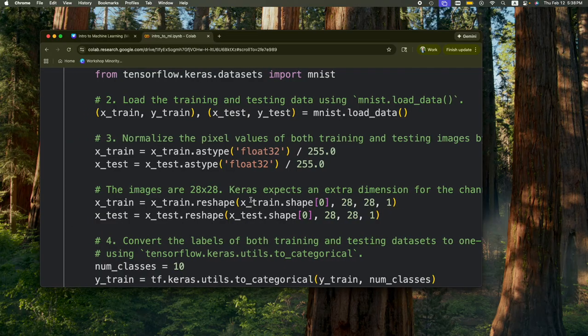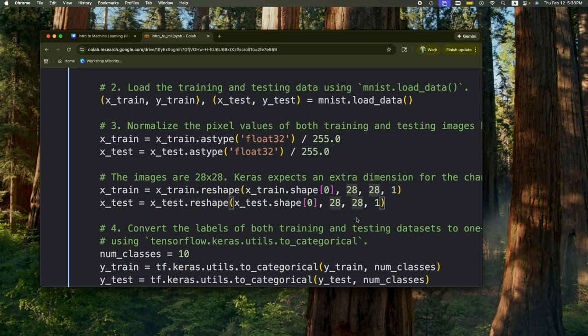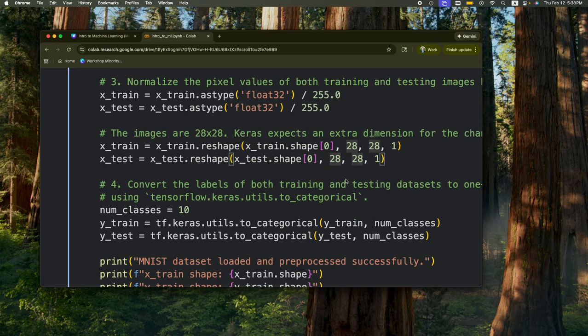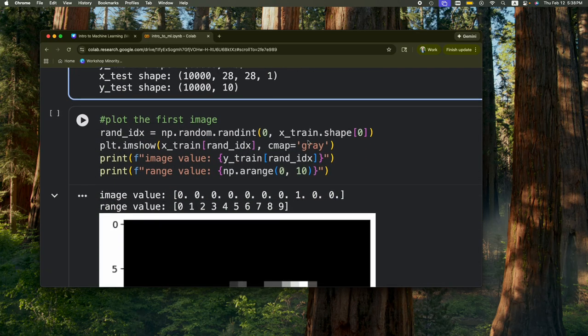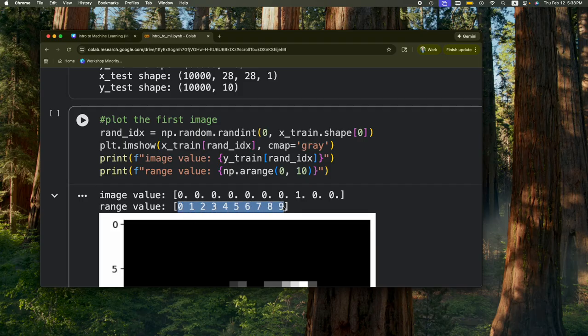So we first reshape it, and then we do something called one hot encoding. Let me explain it to you. We're predicting values from 0 to 9, since we don't have double digits.